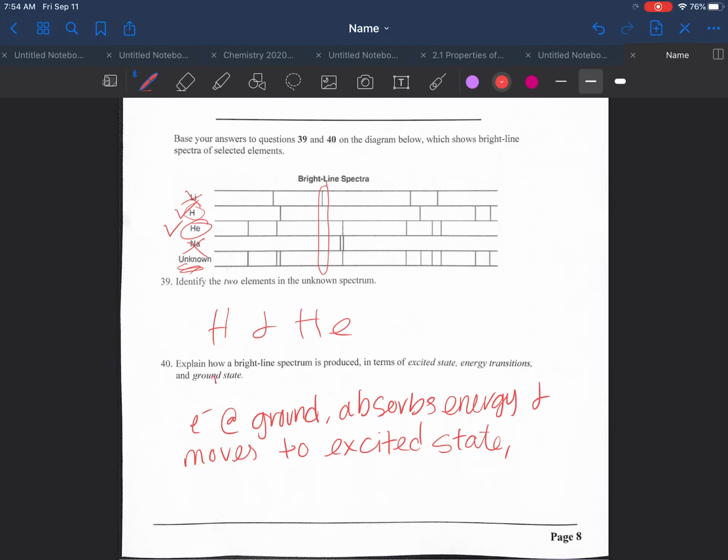So this right here is talking, we've already hit on ground state, we've already talked about excited state, and energy transitions, that is what we're talking about when we absorb energy and transition to another state. So we're only partway done. So electron at ground absorbs energy and moves to excited state. And what actually produces the light is when, I'm going to pick up after